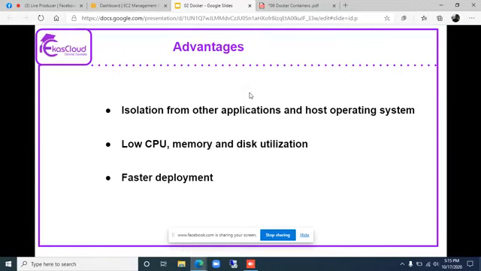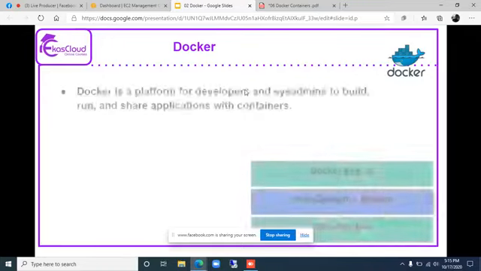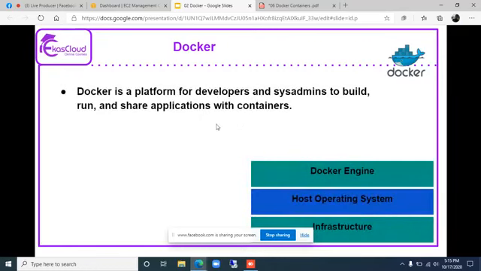So now you might have understood what is containerization and how it differs from virtual machines. So now I'll tell you about Docker. Docker is actually a vendor, like I said earlier. Docker is a vendor who develops this engine software, which gives the platform to create, run and share isolated applications, which we will be calling containers.